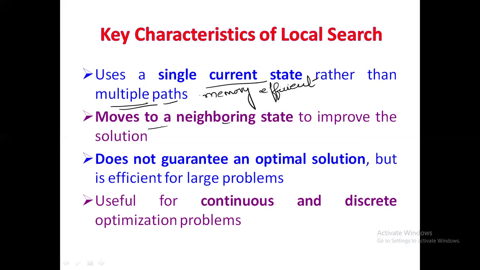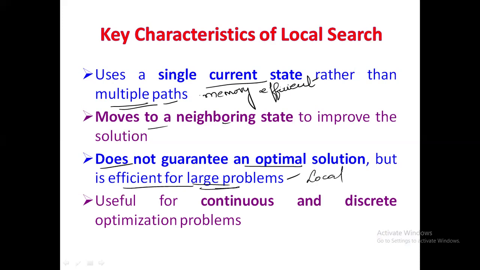This mechanism ensures steady progress toward an optimal or near optimal solution, making local search suitable for real time and high dimensional optimization problems. The third characteristic is that it does not guarantee an optimal solution, but it is efficient for large problems. How is it possible? A key limitation of local search is that it does not always guarantee finding the globally optimal solution. It may get trapped in